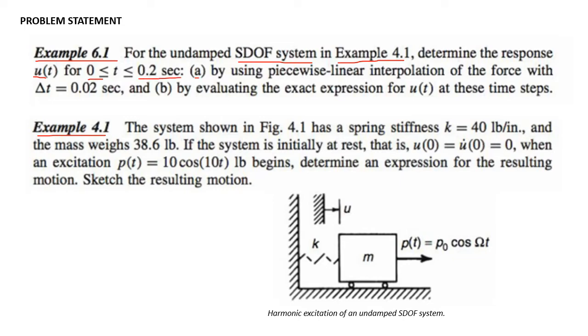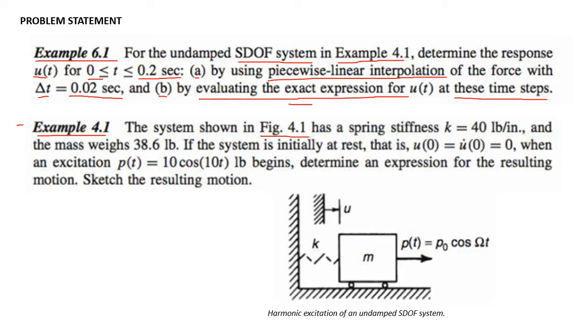In part A, they want us to do this by using the piecewise linear interpolation of the force with a delta t given to us as 0.02 seconds. Then in part B, they want us to evaluate the exact expression, u of t, at these same time steps. Now, if we go back to example 4.1 from chapter 4 in our text, this is a system